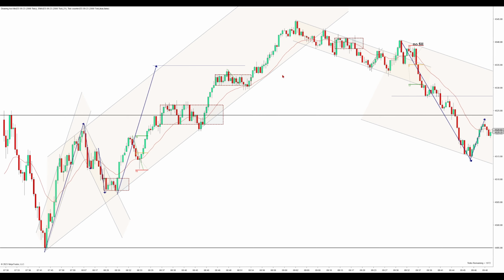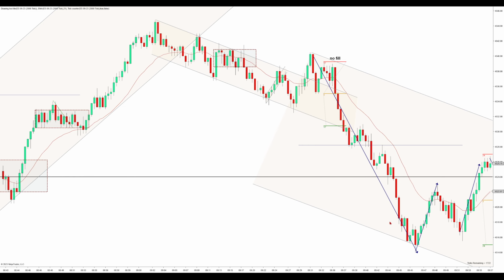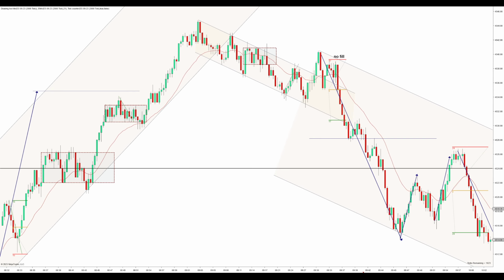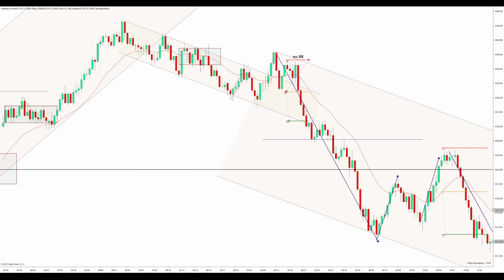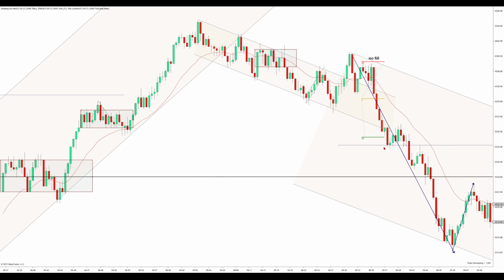But I did not get filled. I was not the only person to not get filled on this. Someone mentioned to me on the site that they also were not filled. They were trying to enter further back because at first I was tempted to enter with a stop, but as you can see, I'd have to push it out of this, and I didn't want to risk pushing it out of this because I knew that we could technically get larger picture attempts at a new high for this uptrend,